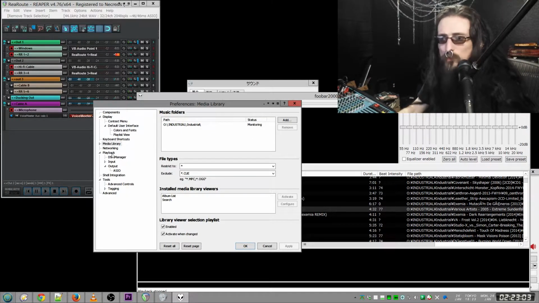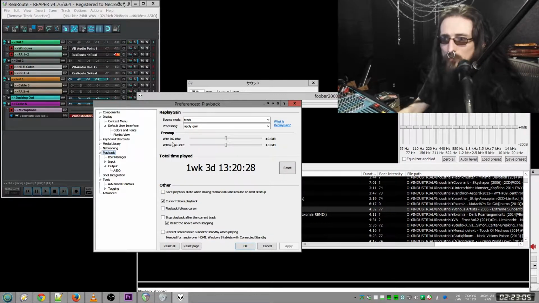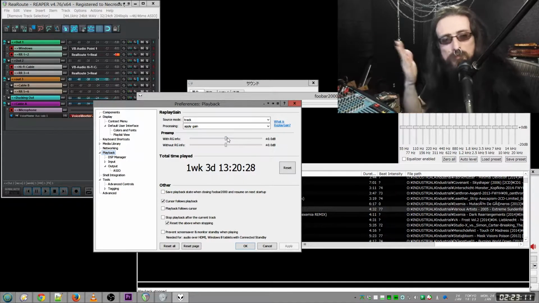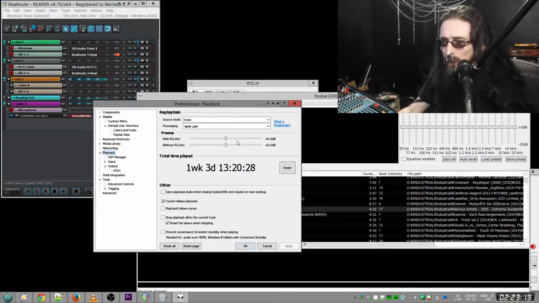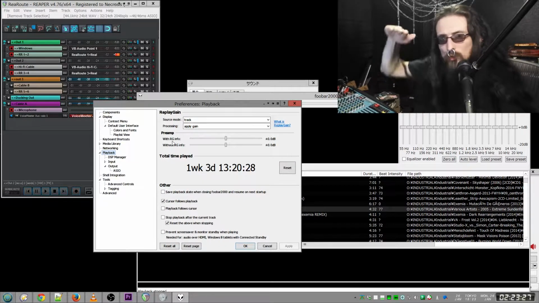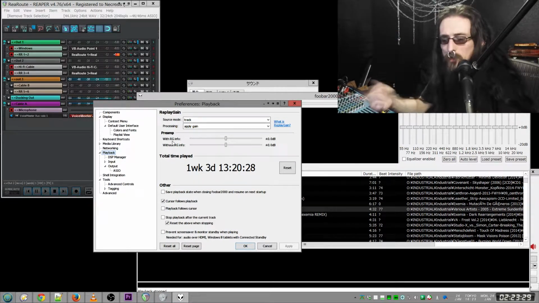But the interesting thing was, I don't even know if it was that interesting, but I'll say it anyways. Somewhere in here on the playback option, when they have the replay gain information, or if you don't have replay gain information in foobar, and other players do this too, this is not unique, you can apply a preamp gain on the software end of things within the player. I think it normally defaults maybe to +6, which is about right. If you have replay gain data, it usually will drop it. The default is a target of 89